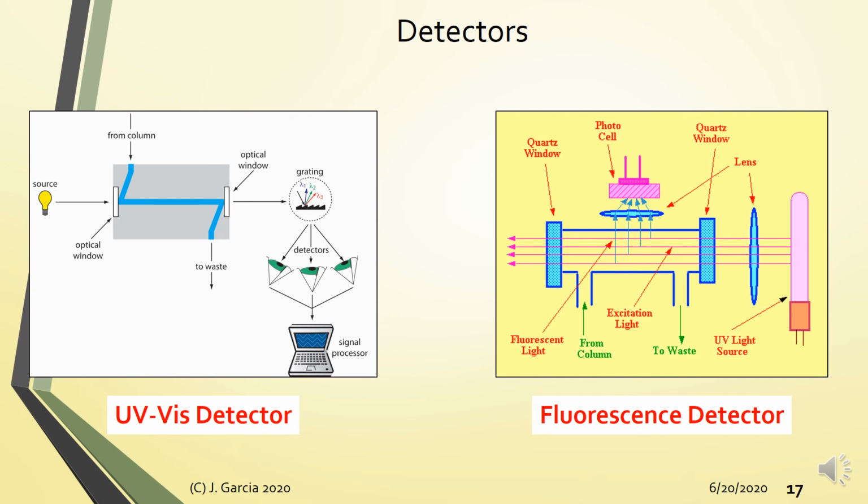Okay, so shown here are the different detectors for HPLC. So, this is the UV-Vis detector. Alright, so instead of a cuvette, what we have here is what you call a flow cell. The flow cell is constructed from quartz. Okay, so similar to what we discussed in UV-Vis spectroscopy, all the elements of a UV-Vis spectrometer are present here in the detector. So, one advantage of